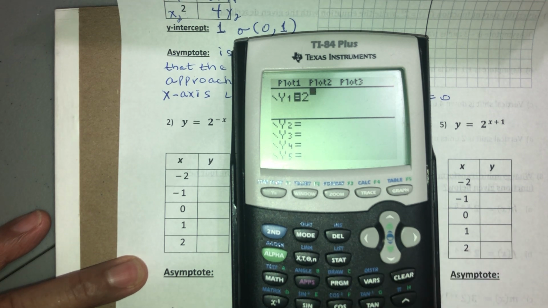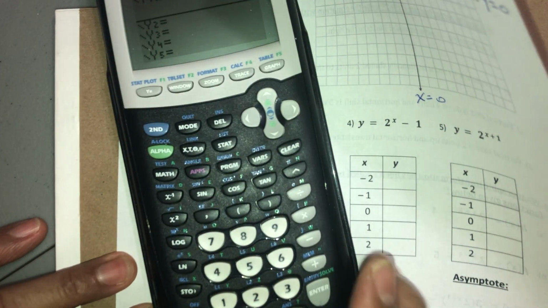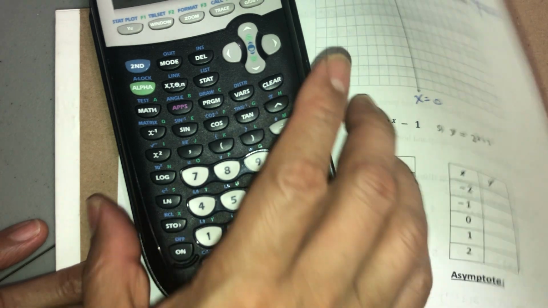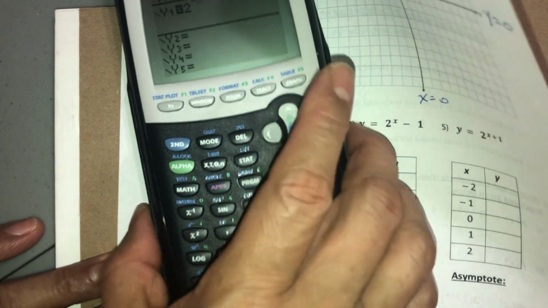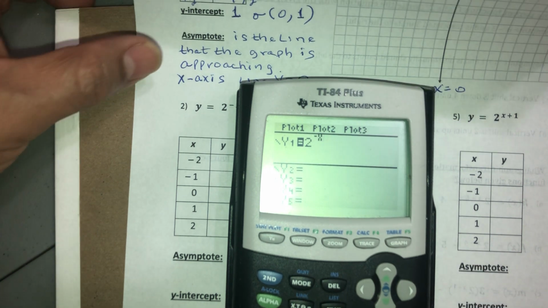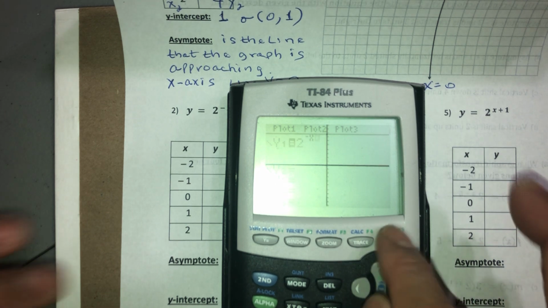Now, because it's negative x, you're supposed to use this button, guys, this one right here, the one in parentheses, not the minus sign. So we're going to do that, and you're going to type the letter X. So there's my equation right there. And look what's going to happen. You look at the graph, because that's why you have to graph. If I go to graph,